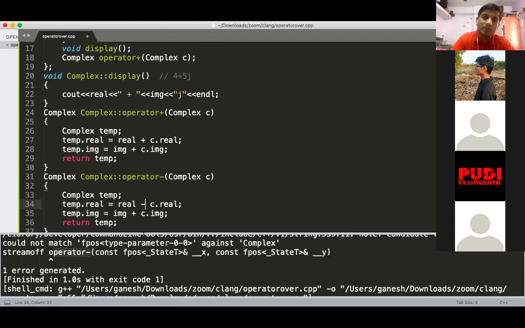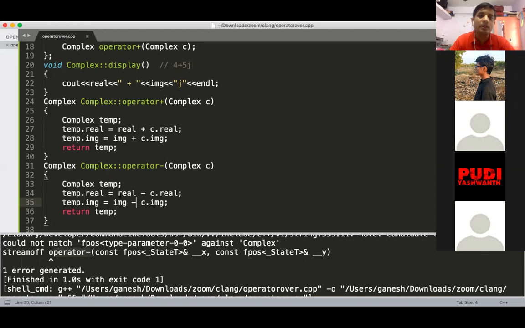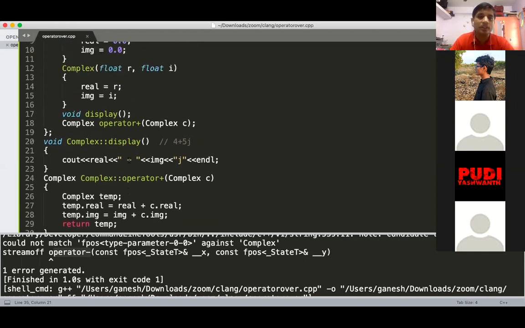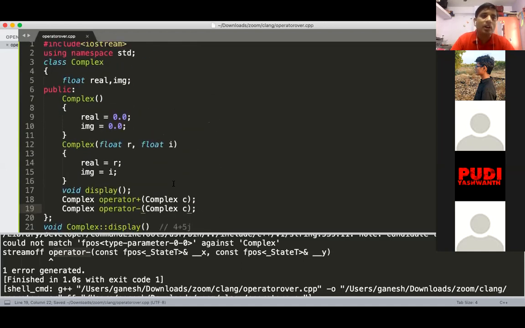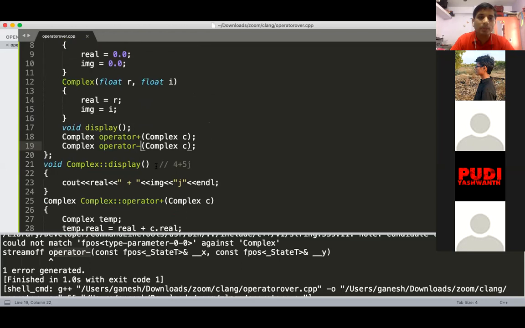And we know what complex subtraction means: if you want to subtract two complex numbers, it is real minus real and imaginary minus imaginary. I just need to add the signature here, minus. Now this complex class has overloaded the two operators, plus and minus.